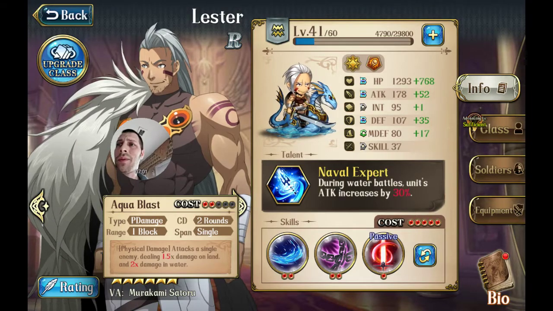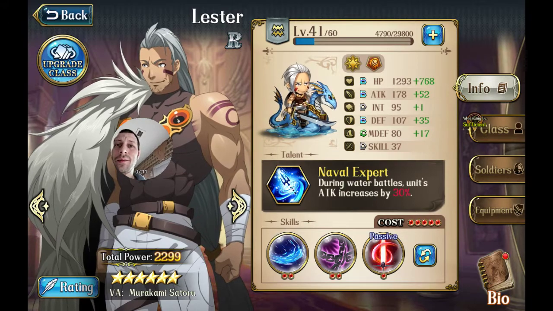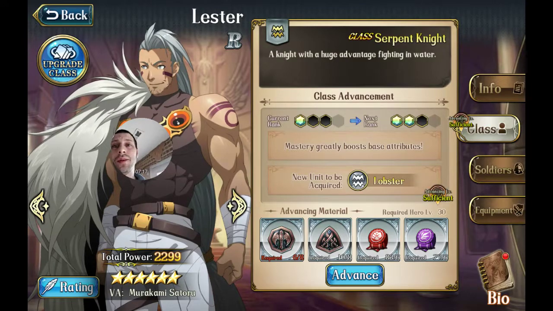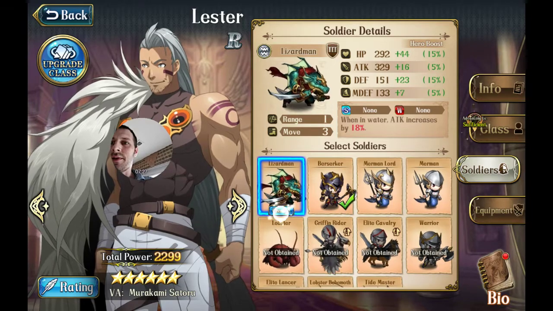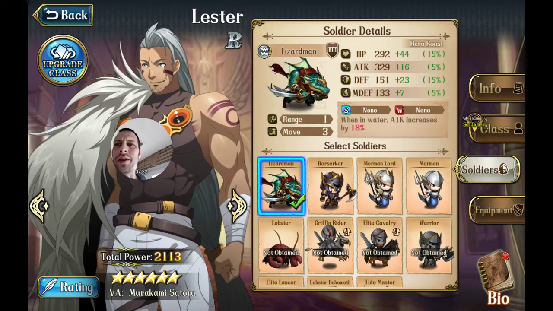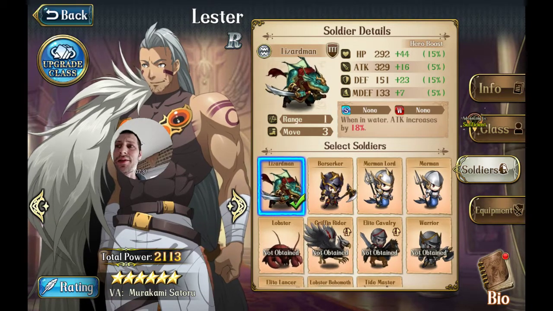This Aqua Blast actually does a lot of damage, and I managed to move him one box over into the river. So he was standing in water, got his x2 damage, and of course he had powerful soldiers with him. They're really the ones that killed Bernhardt, okay? But the important thing is that Lester was able to bring those soldiers to the battlefield. And actually, I want the lizard men on him, because I find that I do use his talent, that 30% more in the water. I'm going to have to go with lizard men over Berserkers on him. And I haven't leveled up the lizard men yet, so...